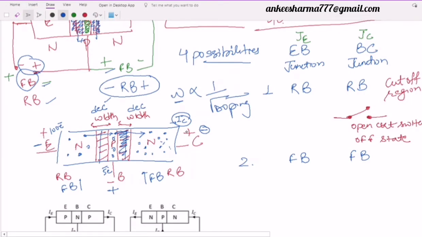Now the current will flow inside it, and can I say that this is the region where the maximum current will flow. After that, once the width has reduced to zero, there will be no flow of the current, no increase in the flow of the current. So we will say that this region is called the saturation region.